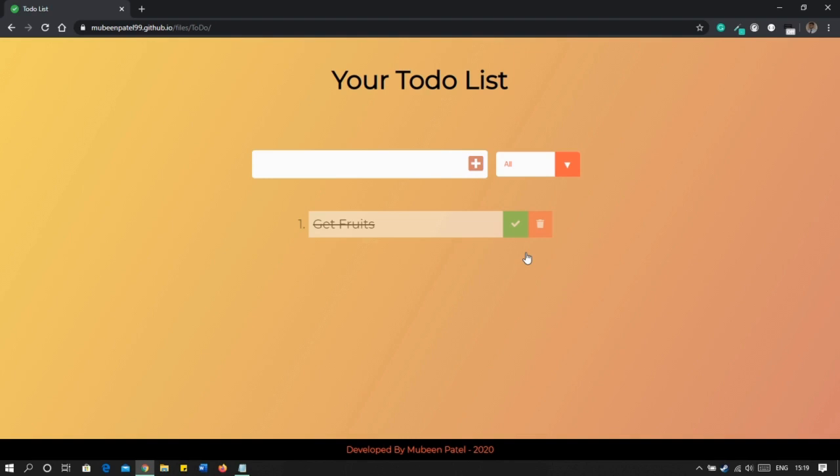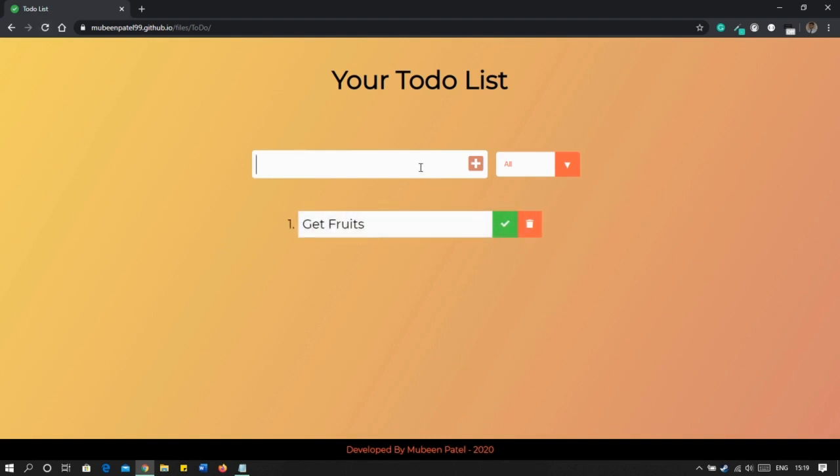So how are we going to do that without any backend service? So we will be using the local storage of our browsers to come in handy, and also we are going to integrate filters such as completed, so it will filter all the completed stuff. If I go on uncompleted, you see everything is cleared out from here. So here it is, and you can uncheck it as well.